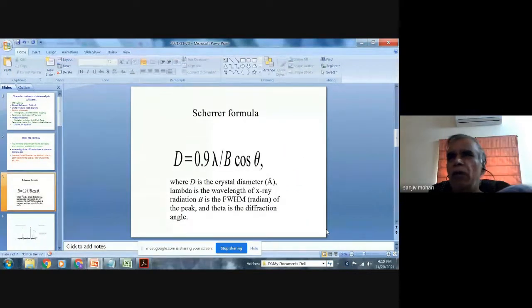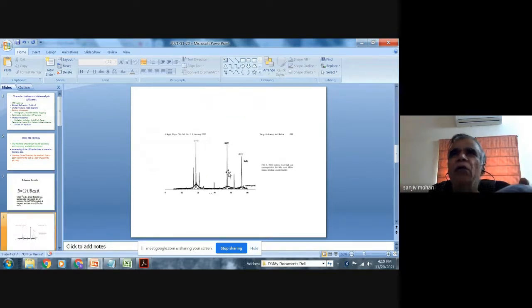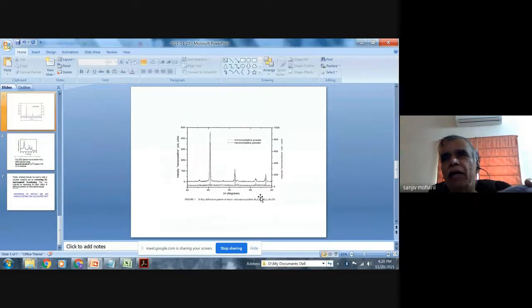And they use the Scherrer formula for measuring the crystal diameter or particle size. In this case, B is the full width at half maximum, but it is actually the difference in the width of the bulk and your sample. So for that we must have a standard pattern, and from that only we can measure. In a good experiment, you measure for the standard and then you measure for the experimental sample, and so on. Then only can we calculate the crystallite size.